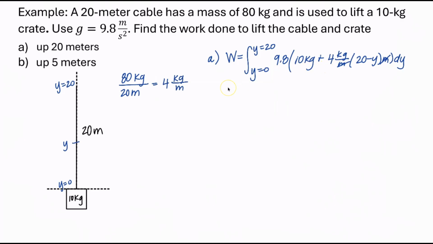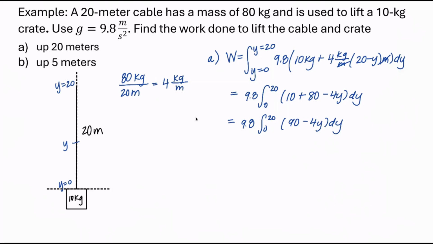And so let's go ahead and do some simplifying. Let's pull out the 9.8 since it's a constant multiple. And then I have the integral from 0 to 20 of 10 plus 80 minus 4y dy. If I distribute the 4 in, 10 plus 80 is 90, so we have 9.8 times the integral from 0 to 20 of 90 minus 4y dy. And so we have 9.8, and then the antiderivative is 90y minus 4y squared over 2, which is 2y squared,